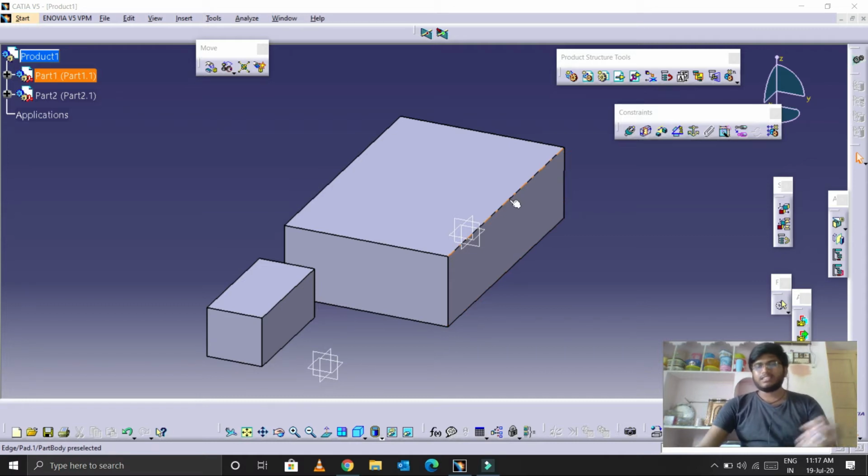So let's start our sketch. In this session I left out the coincident constraint. Why? Because this coincident constraint can be applied only to cylindrical objects, which I have already discussed in the previous session. So in this session I am going to discuss the contact constraint, the offset constraint, manipulation and some other commands. So let's start our session.